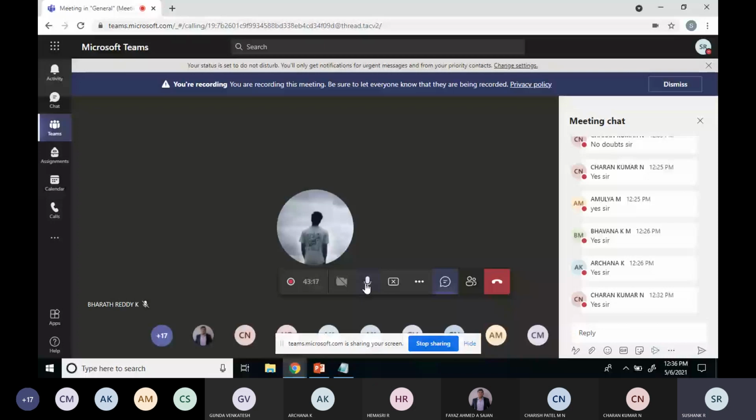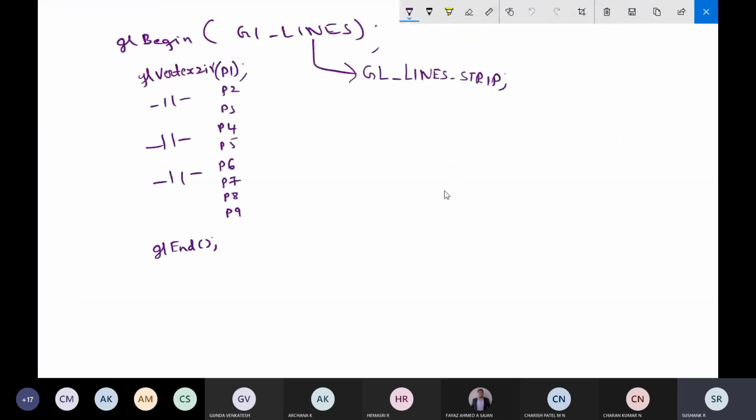Okay, can someone unmute yourself and give me the solution for this. First one, how many lines will be generated with GL_LINES?